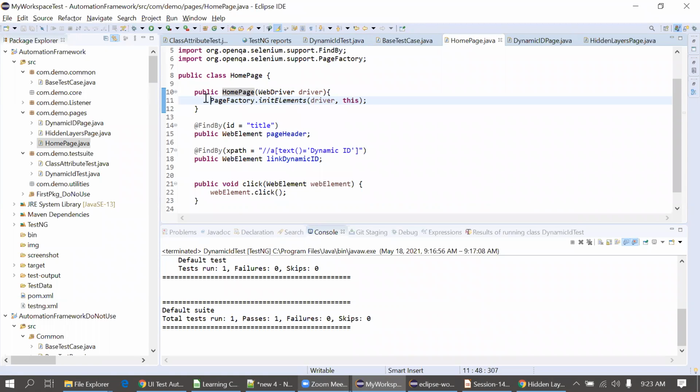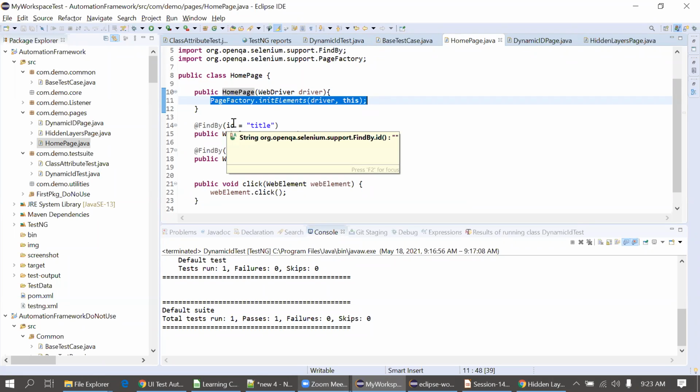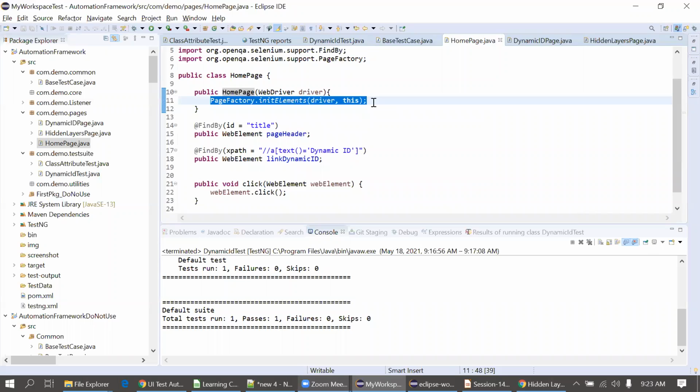And actually, I want to use this method at the time of initialization of the object. That's why I put it here. I can put it separately outside of the constructor as well, but then I have to call it explicitly, and I don't want to call a different method again. So I put it into the constructor, so it is called by default at the creation of the object. I could also put this code into another method and call it using the homepage object, but there is no point. We would be increasing the lines of code. That's the problem, so I put it into the constructor.